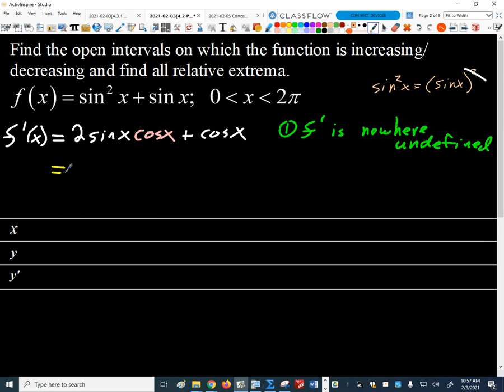Good job. So we end up with cosine x times, we'd end up with a 2 sine x plus 1, right? And I've got this thing factored now by the zero product property. F prime equals 0